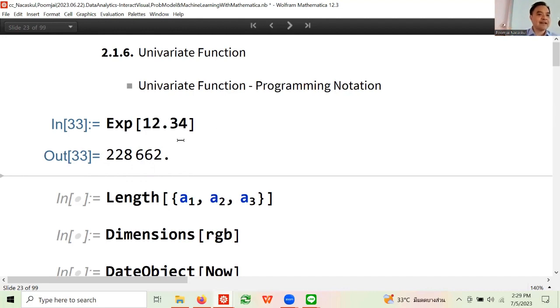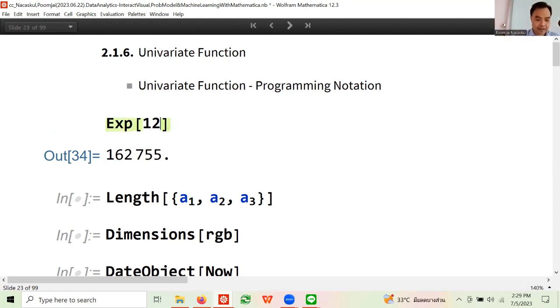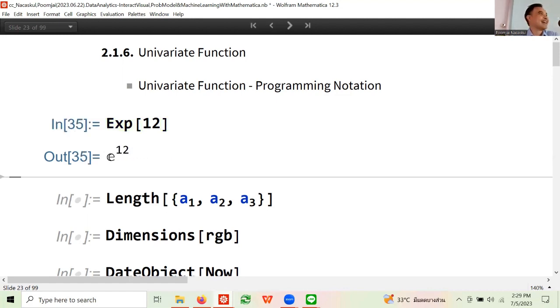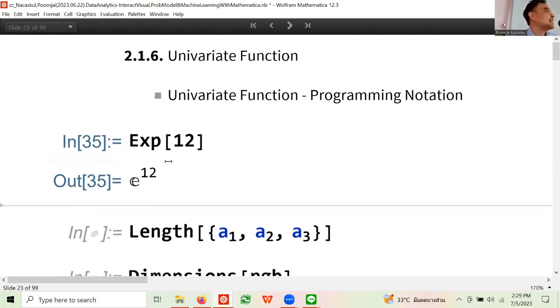So if I did this, watch carefully, 12 dot, I get this number, because I'm giving it 12.0. Exponential 12.0 is 1, 2, 3, 4, 5, whatever. But if I did this, this is more precise. It's giving you e to the power 12.